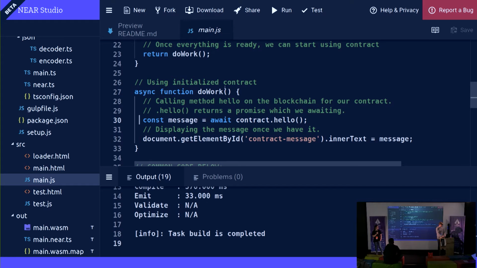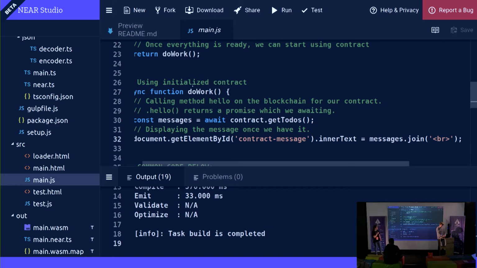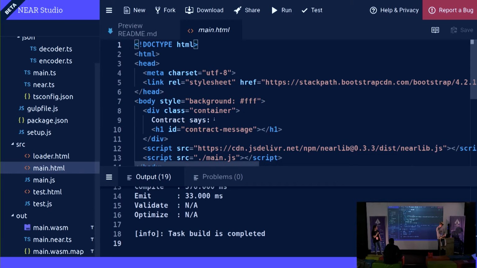Okay, let's not over-engineer it. Will something like this work? We will know in a second. And then let's just have a button right after the contract message.